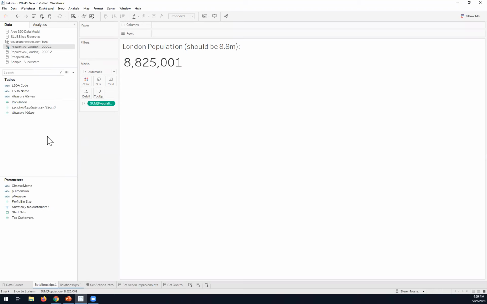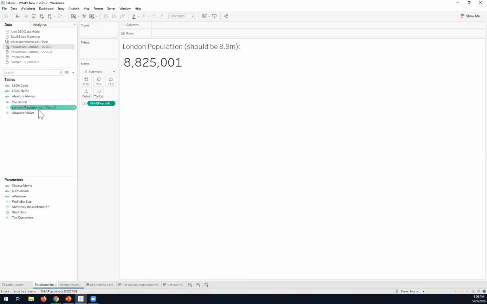Part of the reason is that we're breaking it out and listing, for every table, what the dimensions are, and just below that, all the measures.